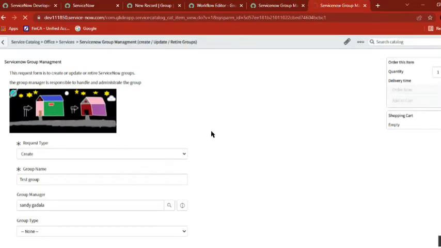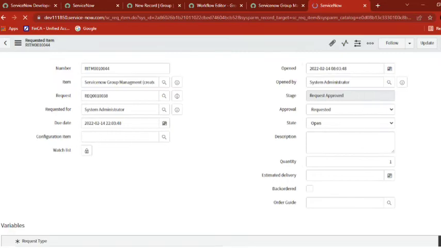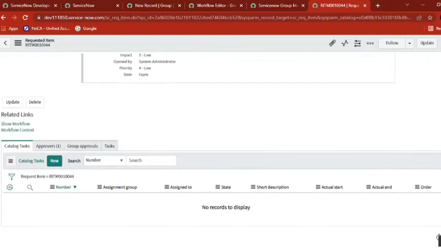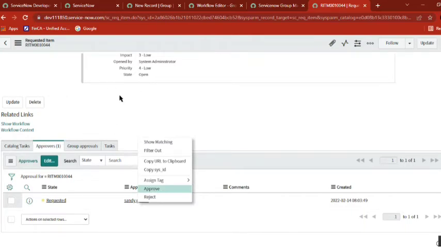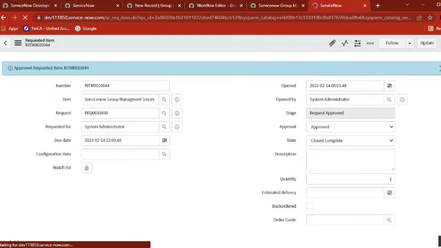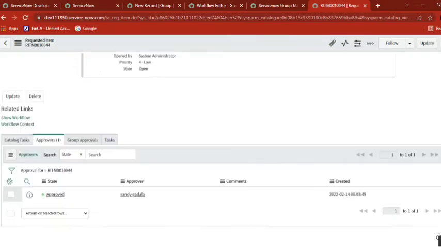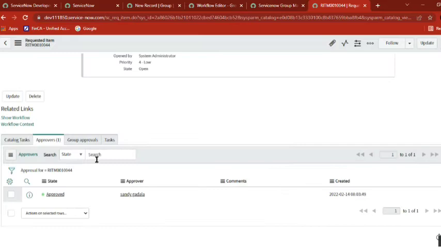So see the magic. This is what the world is trending towards now. On ServiceNow platforms also, many people are coming up and saying automation, automation, automation. This reduces the manpower, because service desk people need to approve it. Here in our example we are using service desk, but generally this is our ServiceNow platform team ticket. So see here, once it is approved, it is closed. Everything is closed. There is no task. But if you see the workflow,